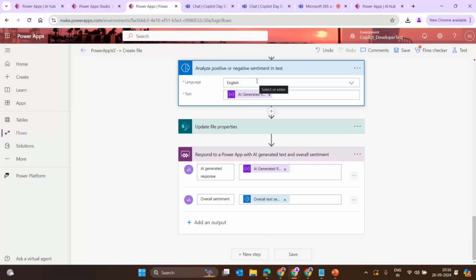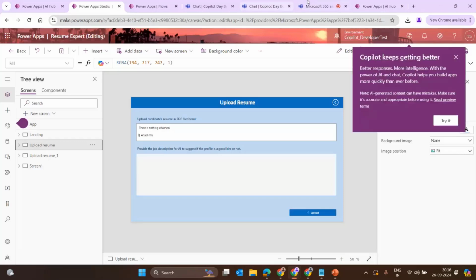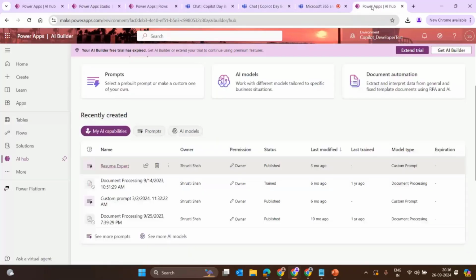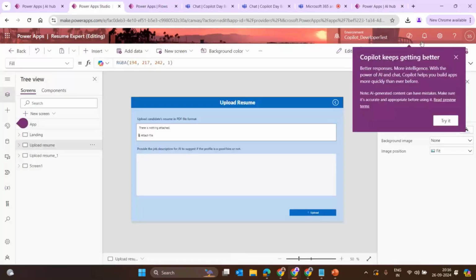Once this is done, I'm taking all this information back, the response generated by AI, the sentiment, and the file, updating that in the file properties within the repository and giving this back to the Power App. So this is how the Power App will work. Unfortunately, today my credits got expired, so I won't be able to demonstrate it live, but let's just go ahead and quickly